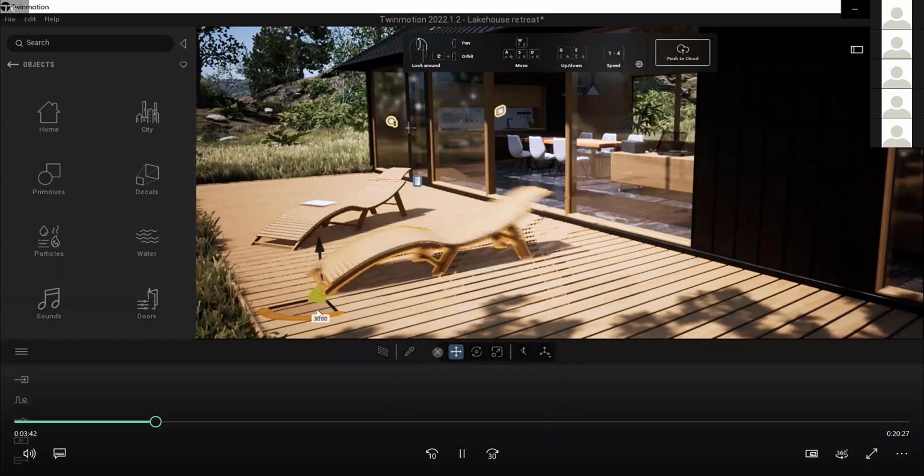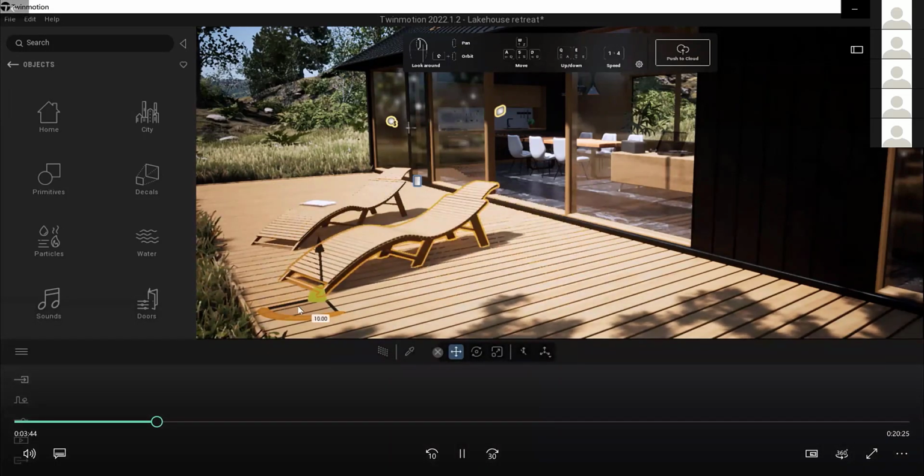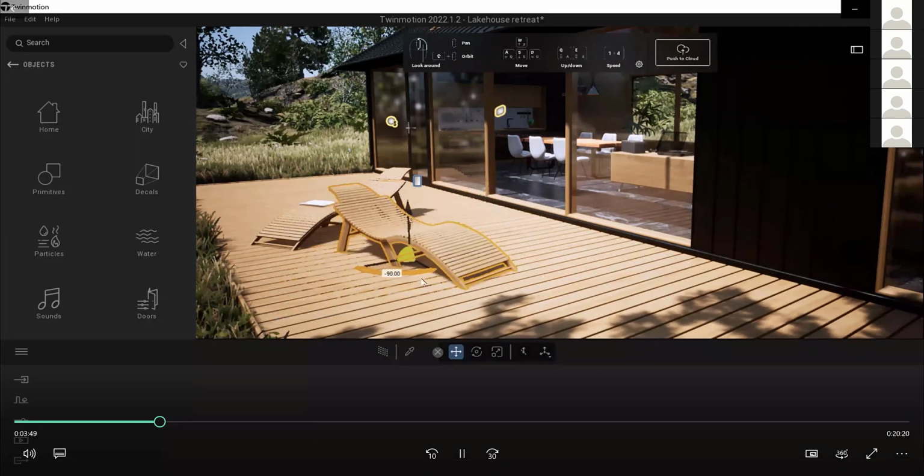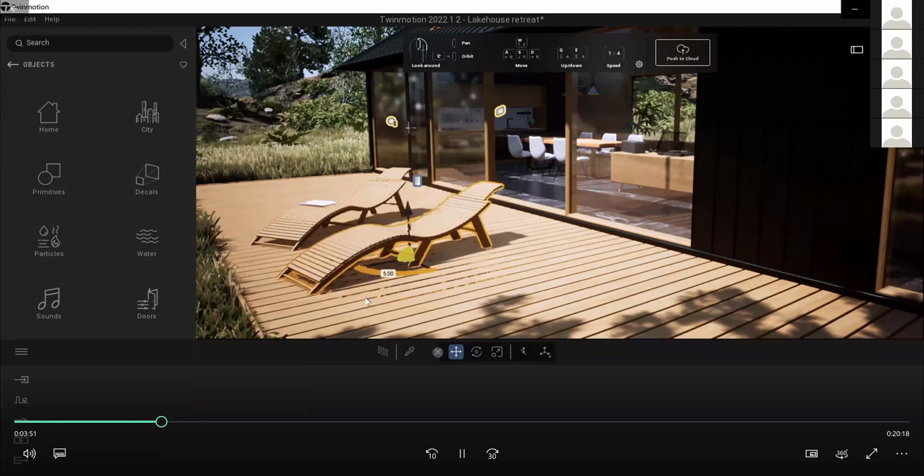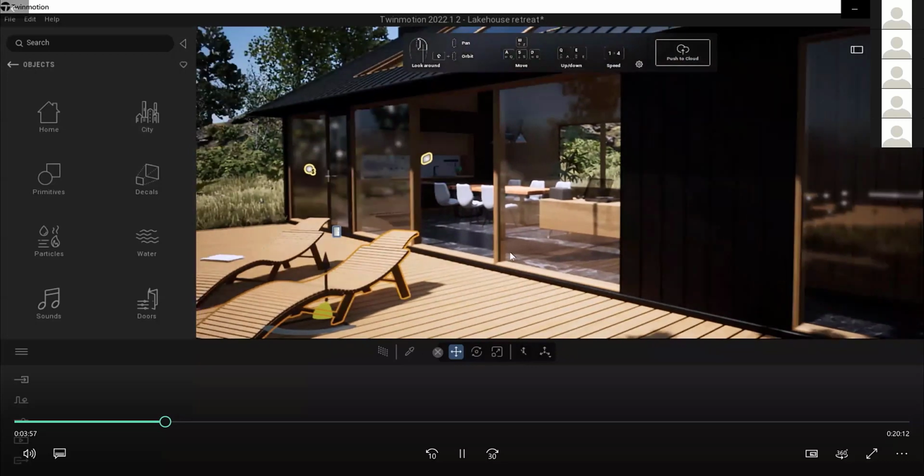But by moving that pivot, then you can see if I'm rotating it, it's kind of anchored to that point. And then if we choose center pivot, it just brings it right to the center extents of the object. That's something that we didn't have in the past with Twinmotion. And like I said, it could become pretty frustrating, especially when you're dealing with large scenes and you're trying to track down different assets within your scene, and the origin points are way, way off in the distance. In addition to that,